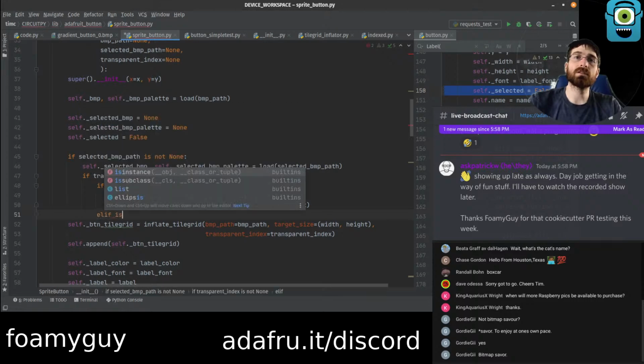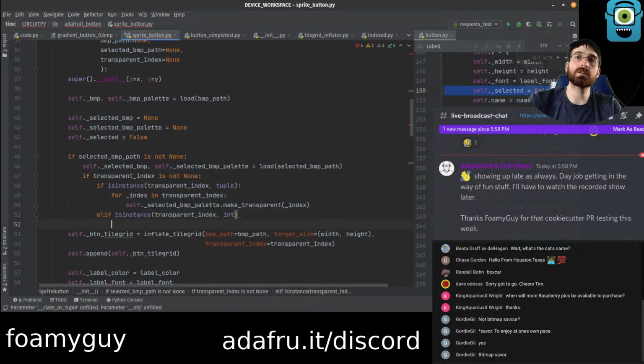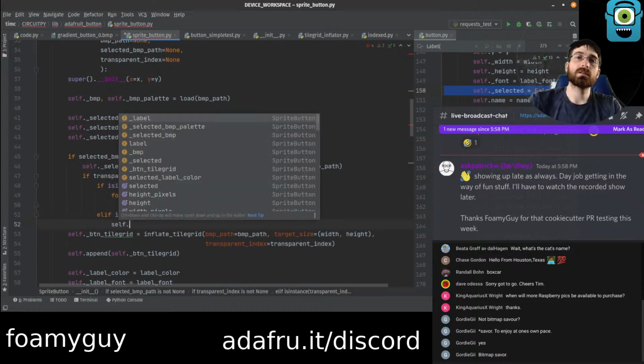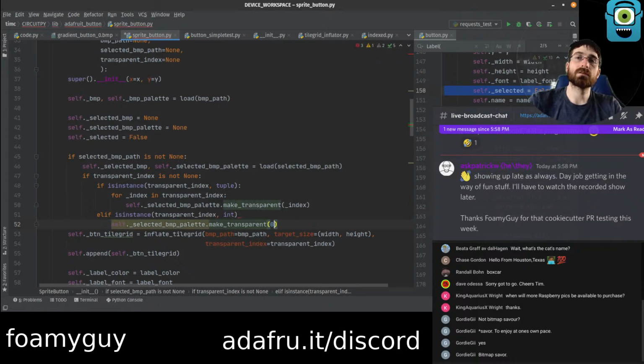Elif is instance transparent int. That should do the transparency, but I think it's still not going to change back.